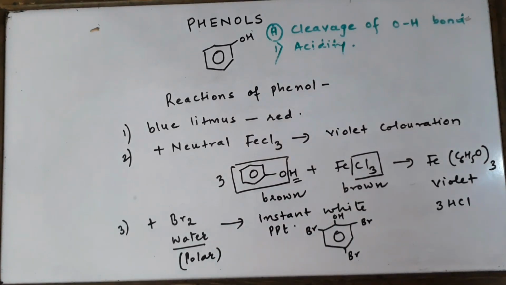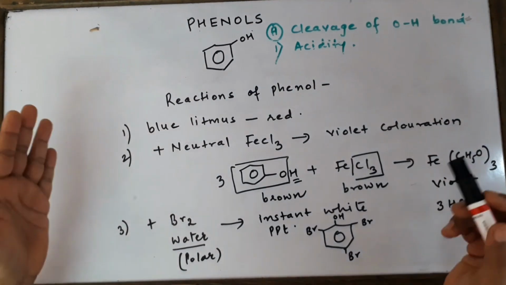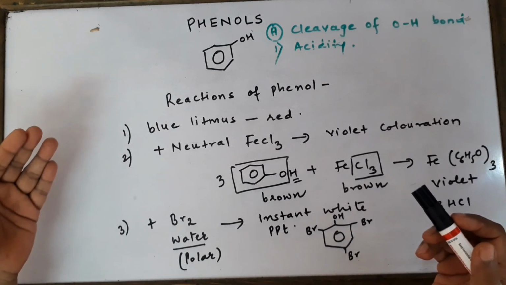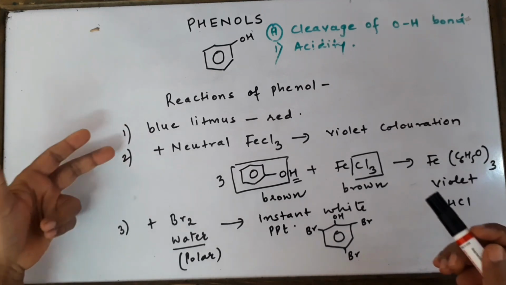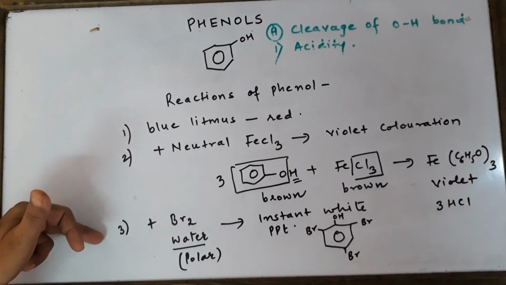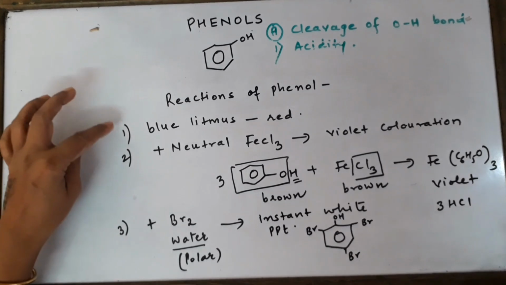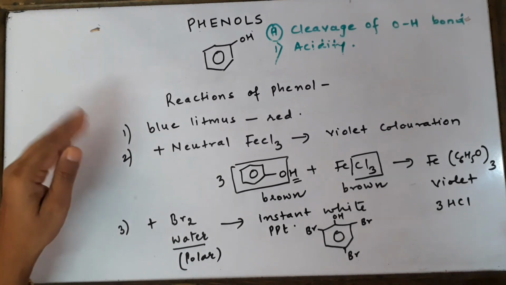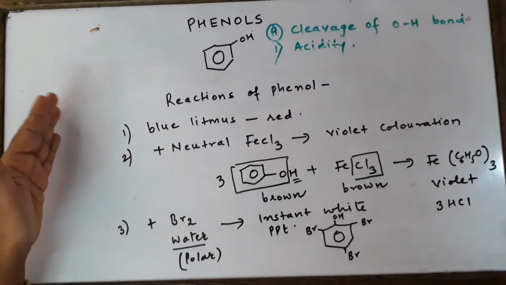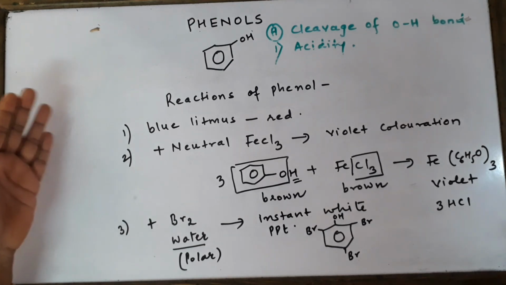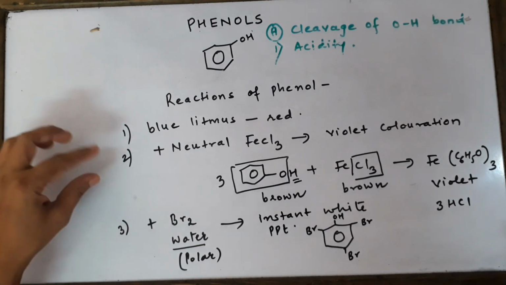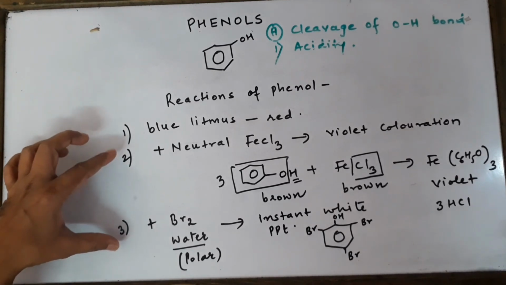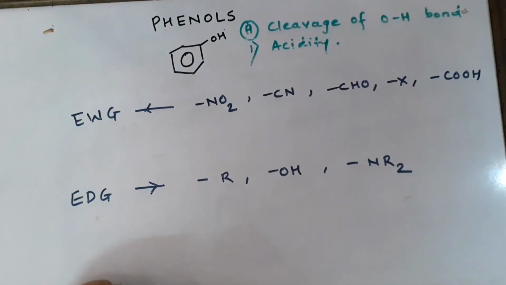Okay, so in the board exam, definitely questions are asked on what is the test for phenol. So we can give this test. Basically the second and the third tests will be considered as the important tests, and the first test is not that important because it is going to give a positive test for all the acids irrespective of what they are, whether phenols, alcohols or carboxylic acids. So please remember, any of these 2 tests you can write in the board exam.